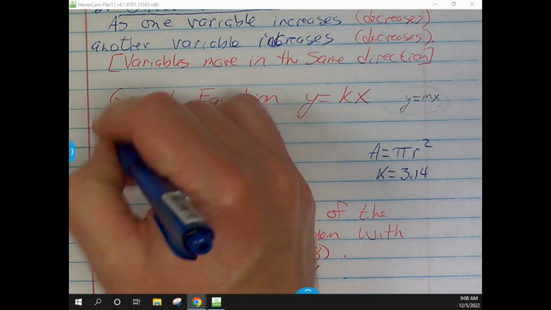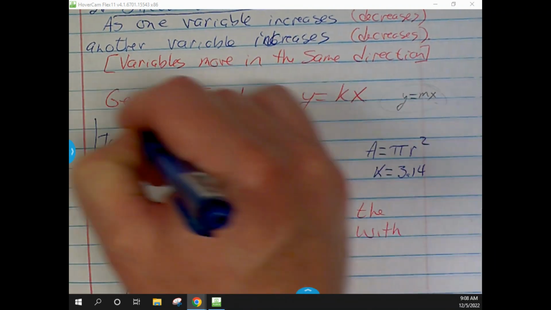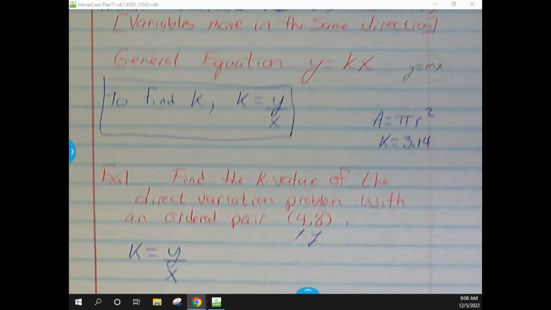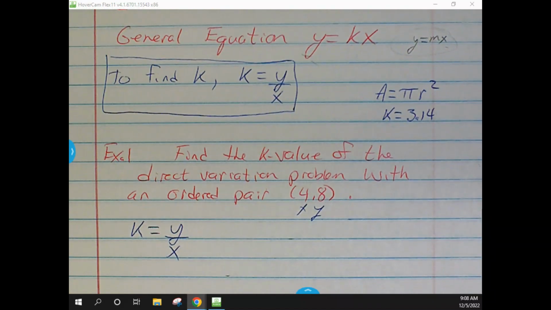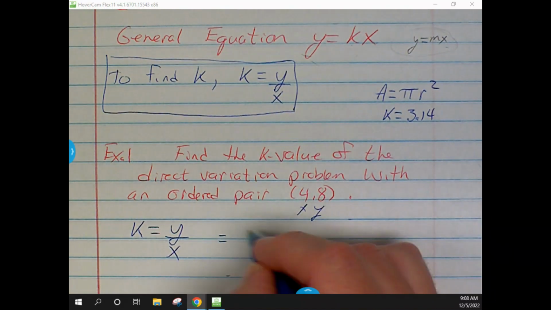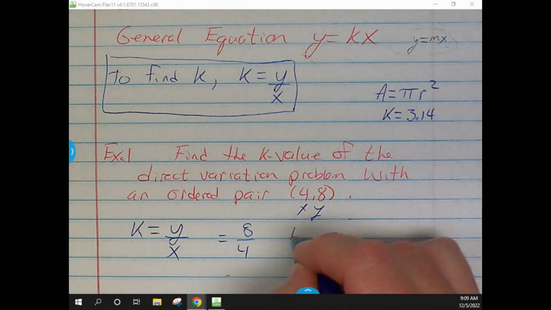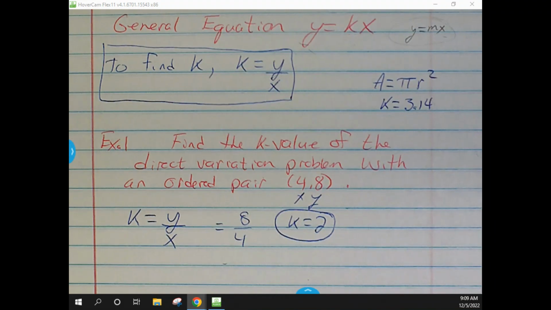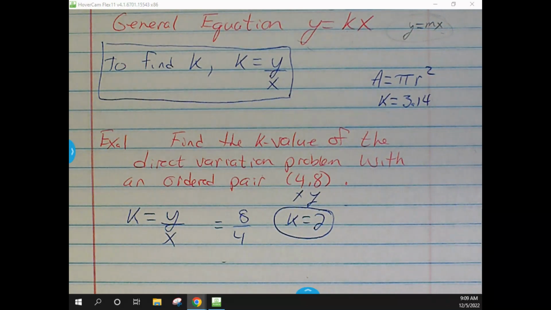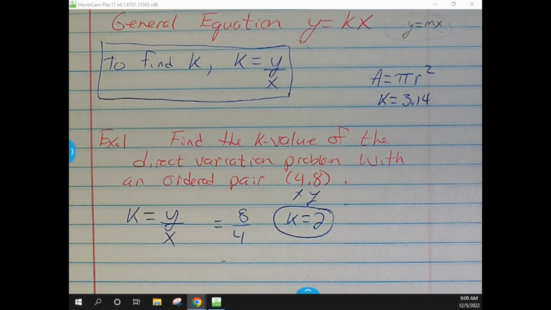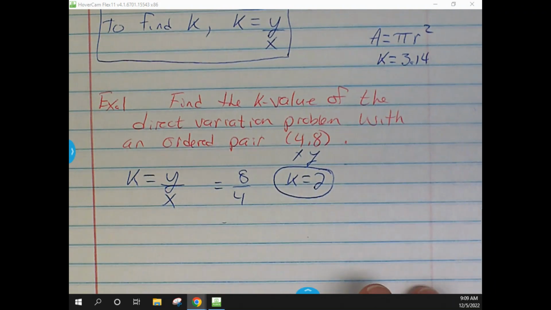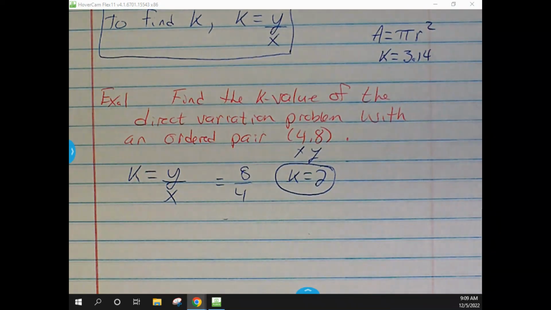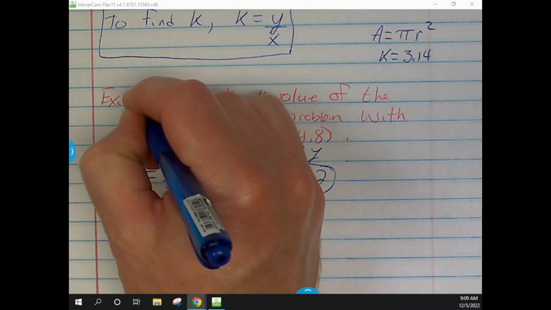Now come back up here to this part. Okay, so for a k value here, that's just 8 divided by 4. So our k value is 2. Good. And if they ask you to write, let's just call this part A right here,